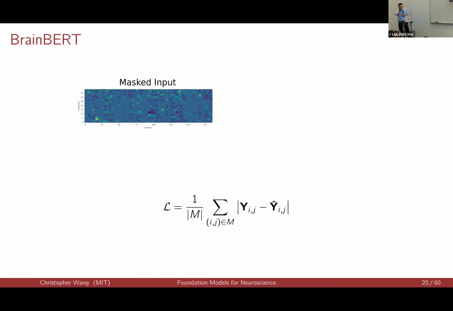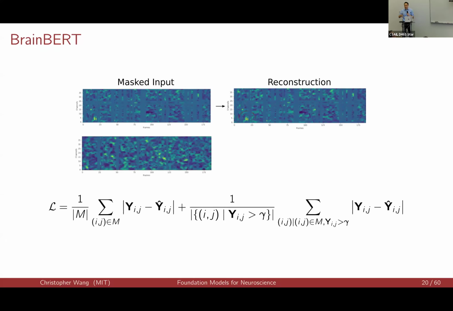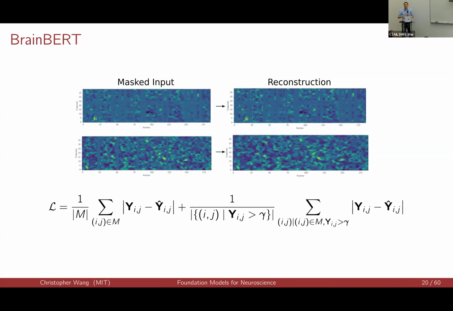Fun little technical side note about training this model. When we started, we found that the model got stuck in a local optimum where it would just predict zero over and over because a lot of the spectrogram is zero. So what we found we needed to do was add an augmenting term to the objective, which basically says if there's a very bright spot on the spectrogram, if something's actually happening, make sure you reconstruct that well. And then we're able to start pre-training correctly.